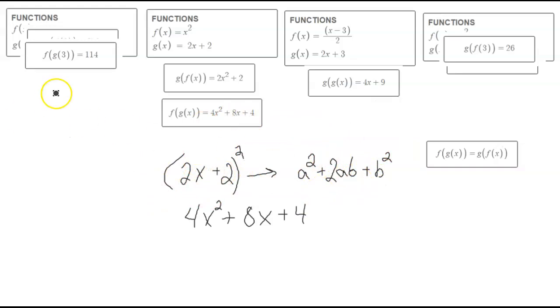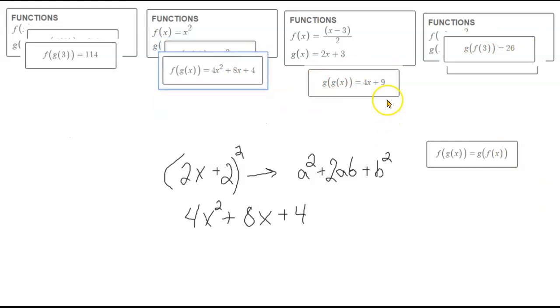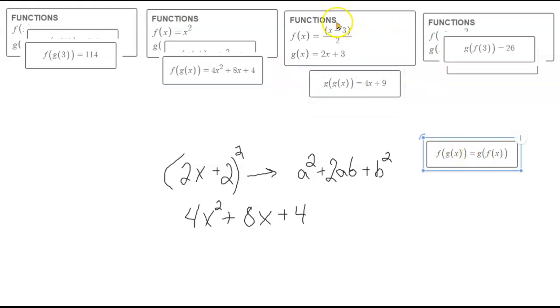It's exactly the same as doing FOIL. I can separate that out into two separate binomials and go through and do FOIL, but this is just a nice shortcut for it. So that one has to go here. We already tested this one here. Now, this just says that this one here, we know that it goes with the last one. But what it's saying